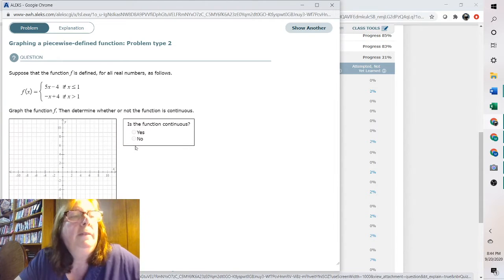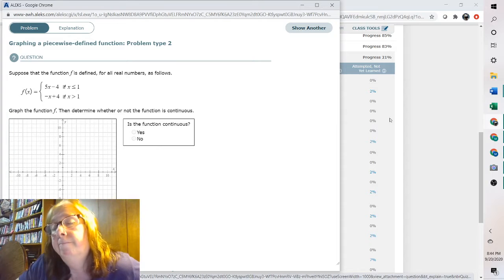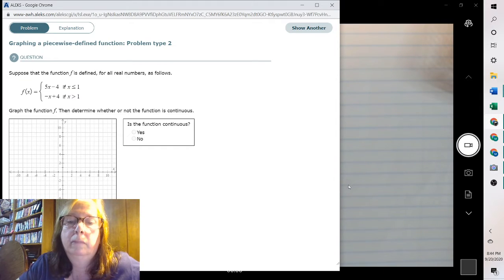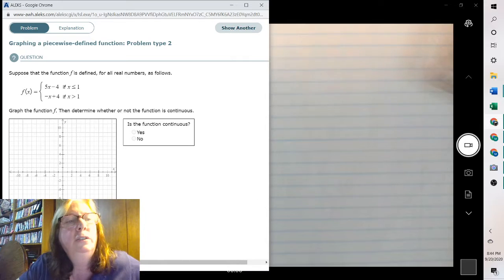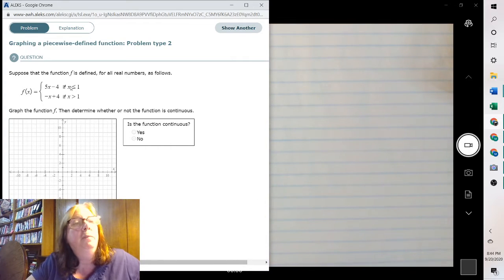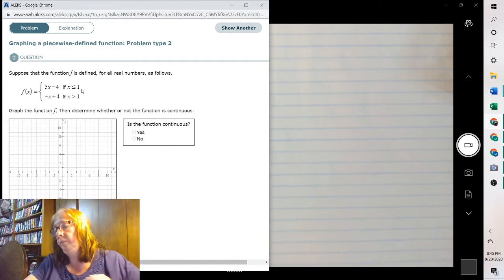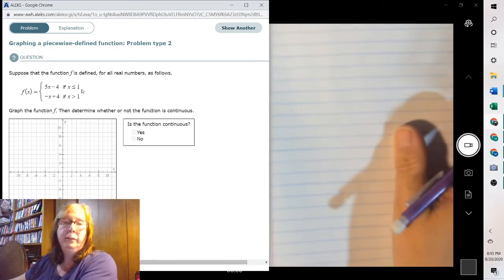Okay, graphing a piecewise function. It's just like graphing the regular lines. You just have to break off part of it. For instance, you use the line 5x minus 4 up until you get to 1 because it wants less than or equal to 1. And so when we go to graph it,